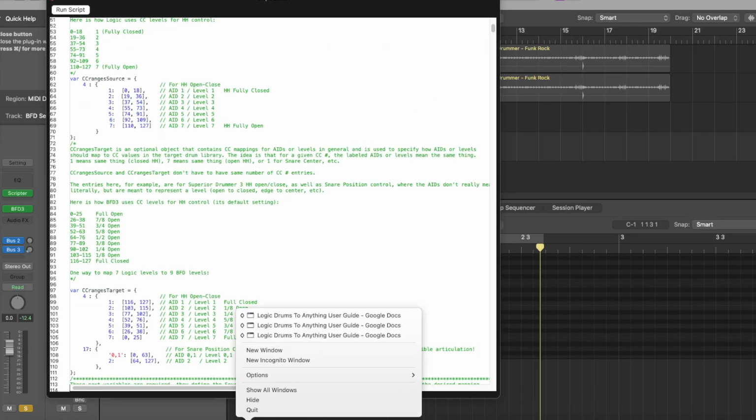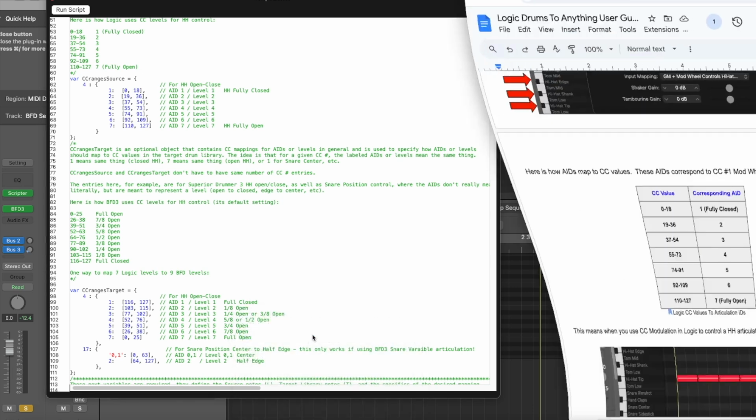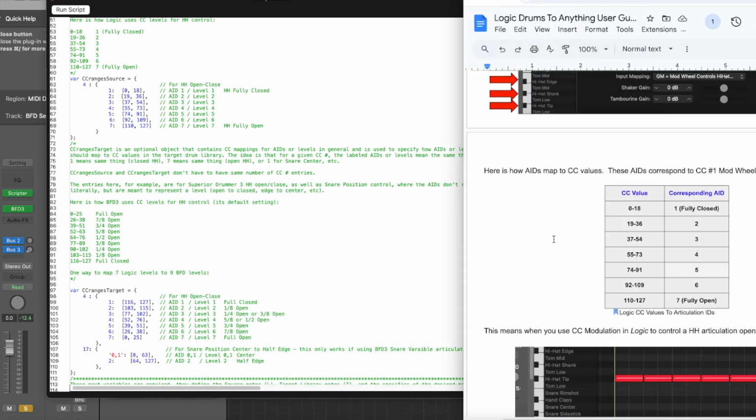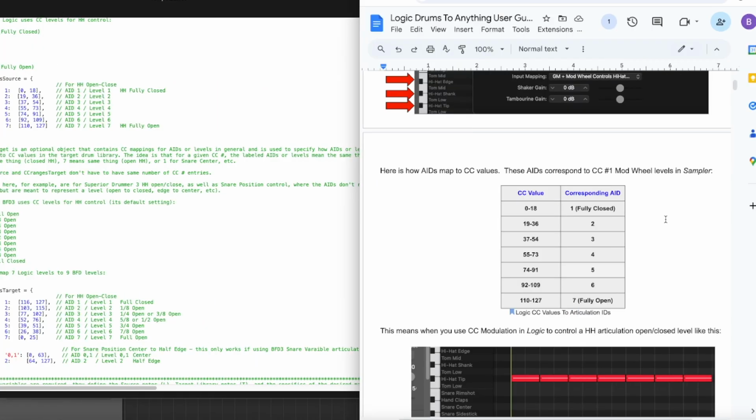In my user guide, I have a lot of super useful information on various kits, including information on what Logic does in terms of hi-hat control. This would be a super long video if I went into detail on the nuances of Logic and hi-hat control. But at the beginning of the video, you saw how awful third-party libraries handle Logic hi-hats. And it took a lot of reverse engineering to figure out what needs to be done to get Logic hi-hats